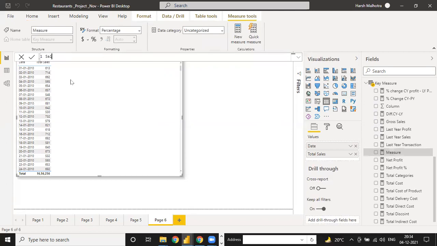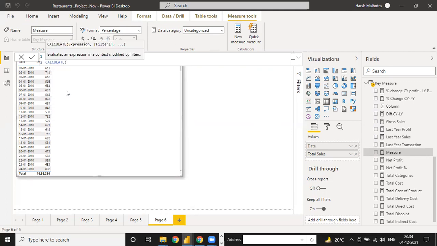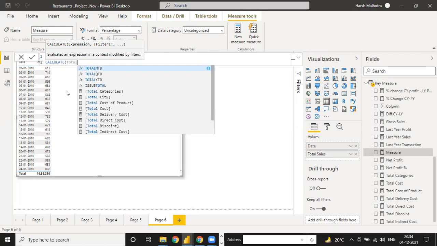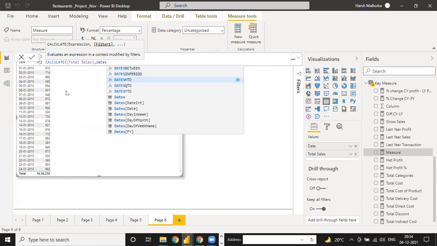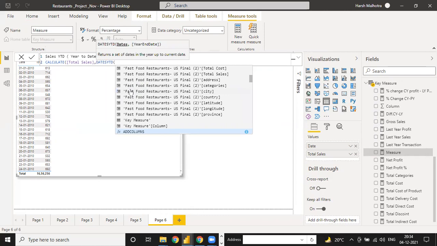So you can use your sales YTD function. YTD means year to date. Okay, year to date means complete year wise data. Suppose if you go into the next year, the count will start again from the first day. Okay, I'm going to tell you how. You have to calculate your total sales, and now we have a function here, dates. See these three functions: MTD, QTD, and YTD. So you can use the DATESYTD function, and it is asking you, see, what is the meaning of dates? Tell me now, what is the meaning of these dates?